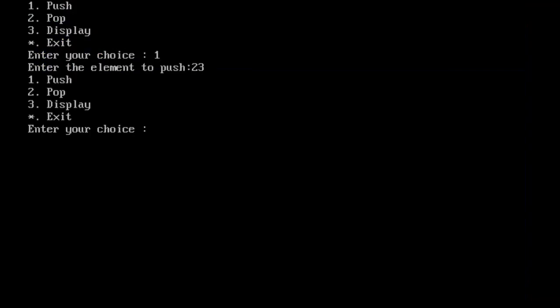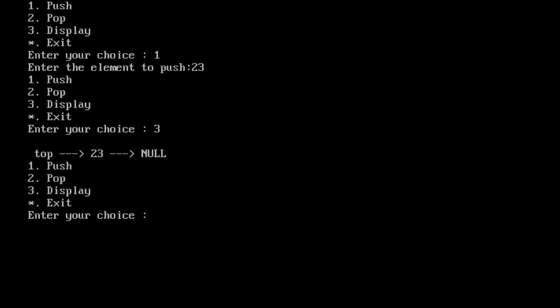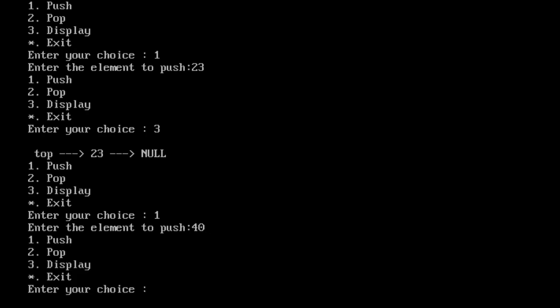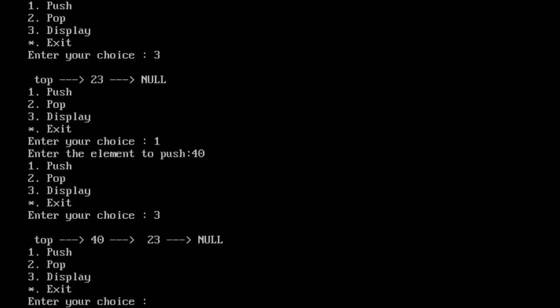I give 23, and let us see whether 23 is the only element I have. Yes, 23 is the only element. Next I push and enter 40. You can check, yes, 40 is inserted on the top and 23 is moved inside.